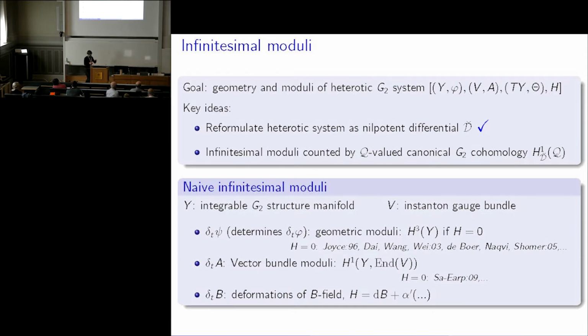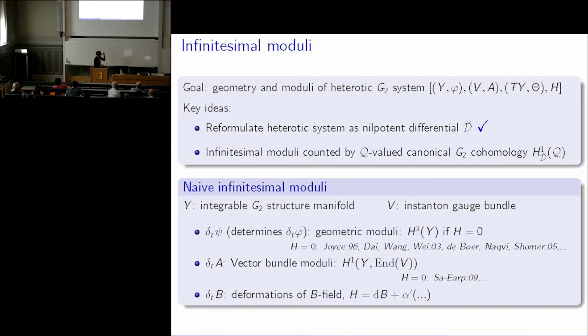So what I've described here, without many details, is how we can reformulate this heterotic system as a nilpotent differential, which acts on this vector bundle called Q. And what I want to move on to next is how we can determine the infinitesimal moduli of this space using this description. So before I do that, maybe I should ask if there are any questions. Fantastic. Okay, so